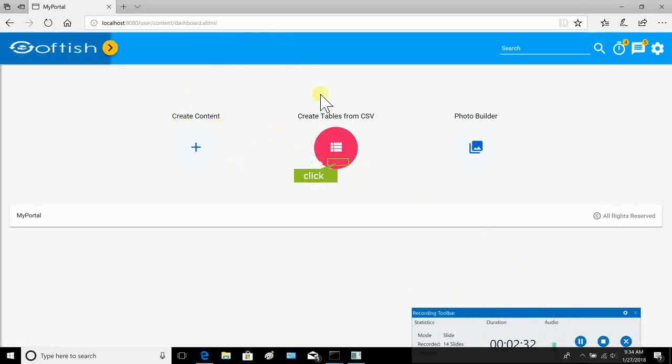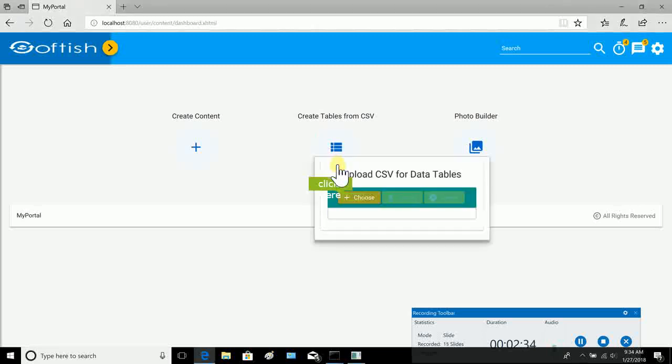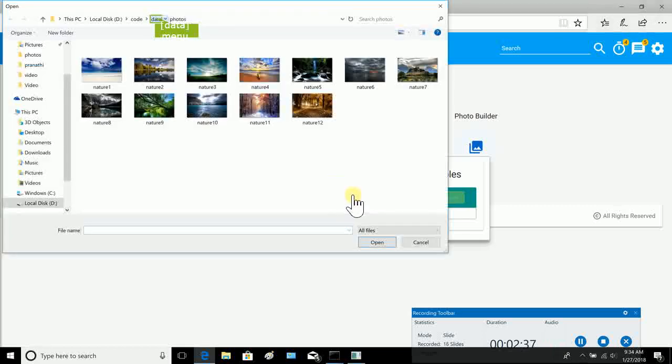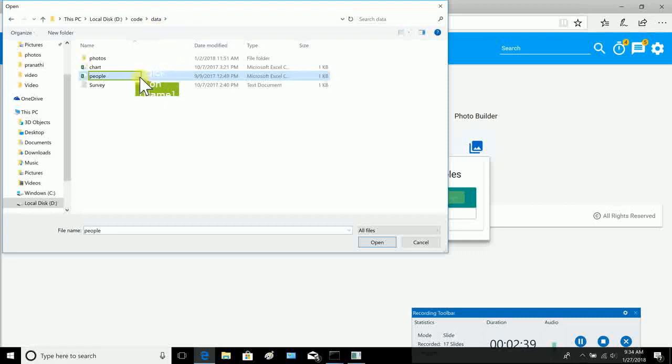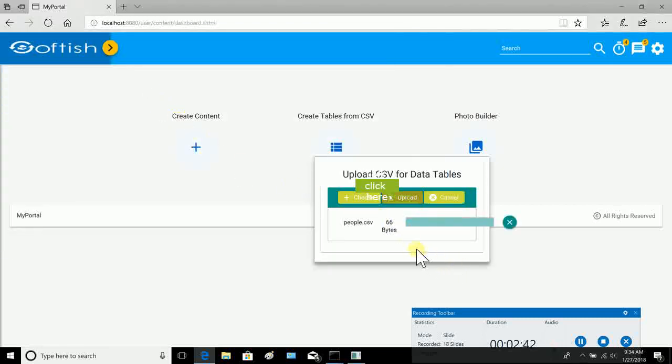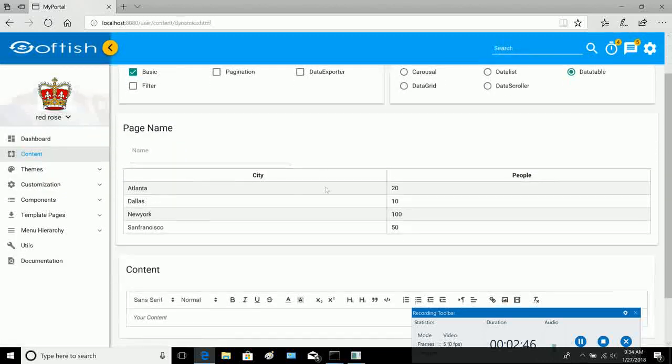In the second use case, we will be uploading a CSV file, and I just have a simple CSV file with 2 columns, you can see just city and the people, and I can say that this is my first CSV file to upload,